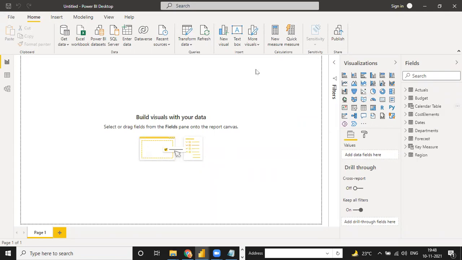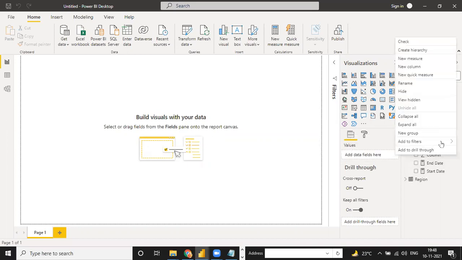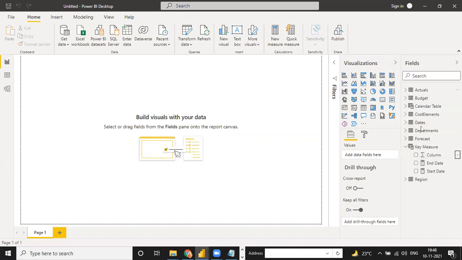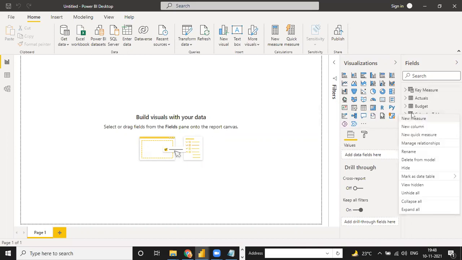Okay, so now we are done with our first and second, and the Dates table we have created. So now we have all these tables in total. And go to this column, I can just hide it because I don't want it. My key measure table is above the calendar table. I want to hide this calendar table because we have the Dates table.